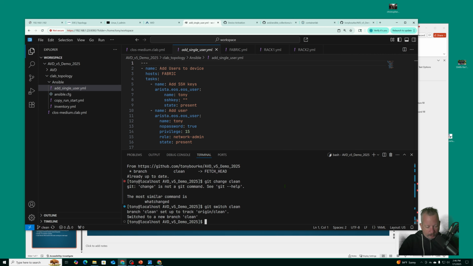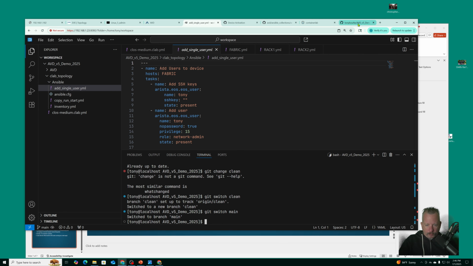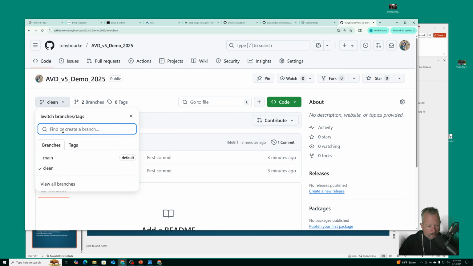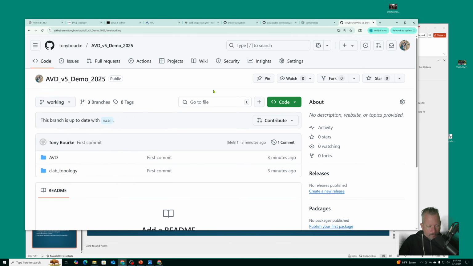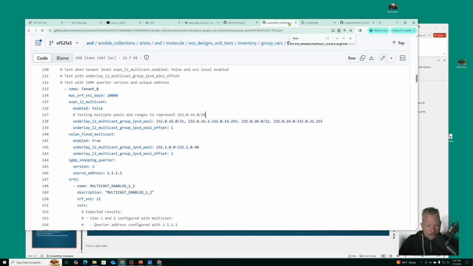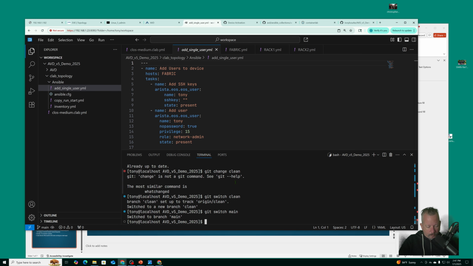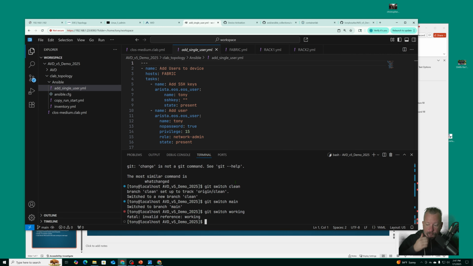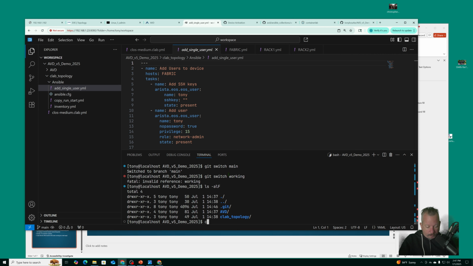And then actually I'm going to do git switch main. And then how do I create a new branch here? I'll create one called working. I think that actually might be better. I'll keep main as the pristine directory. So now I'm in working. So now with working, I can do things like